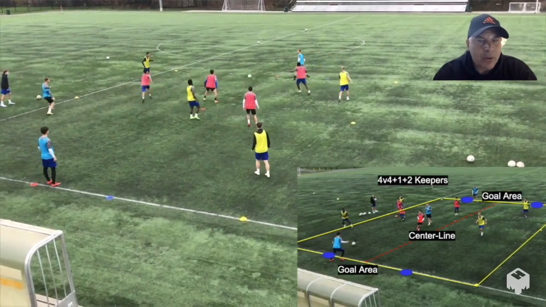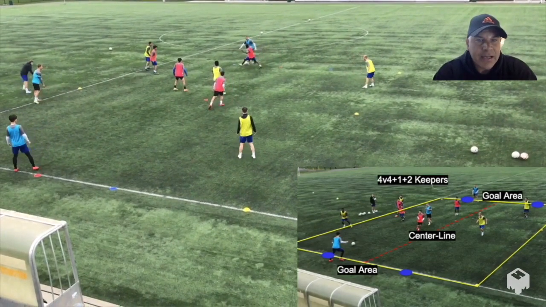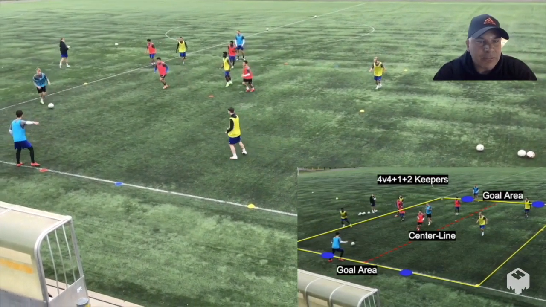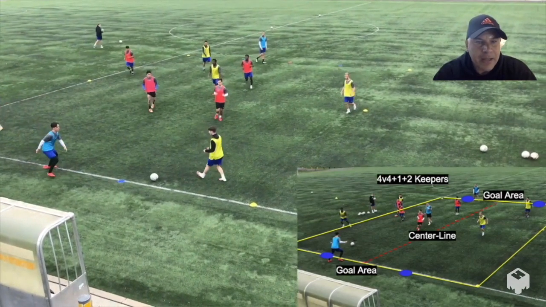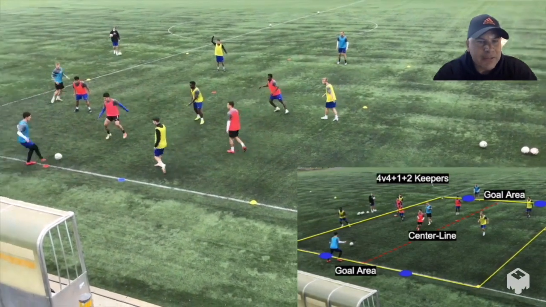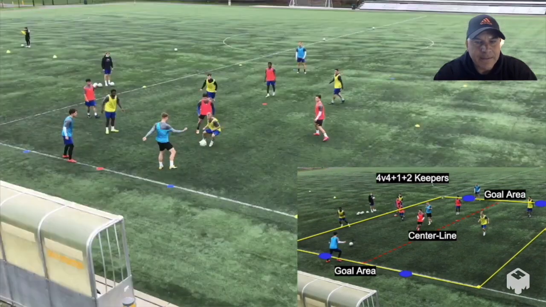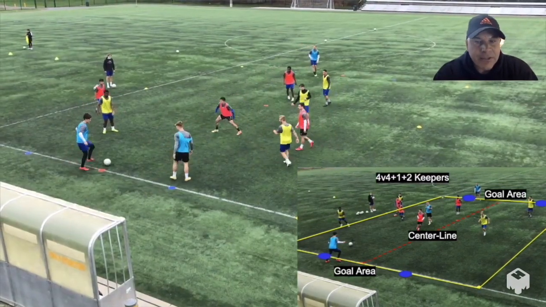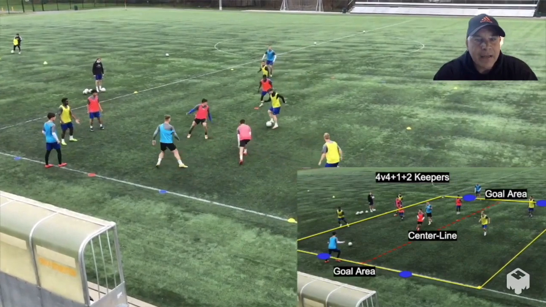Very game representative for them because they're receiving the ball and they're moving in front of the goal like they would, trying to receive it to the side. A lot of decisions being made. Again, this is just a very quick example of what a game representative training might look like in a small lens here.